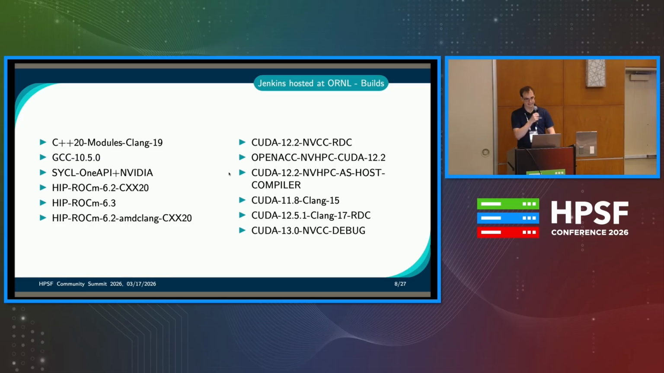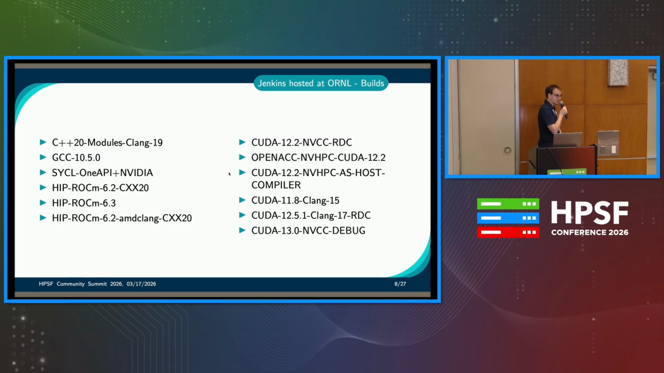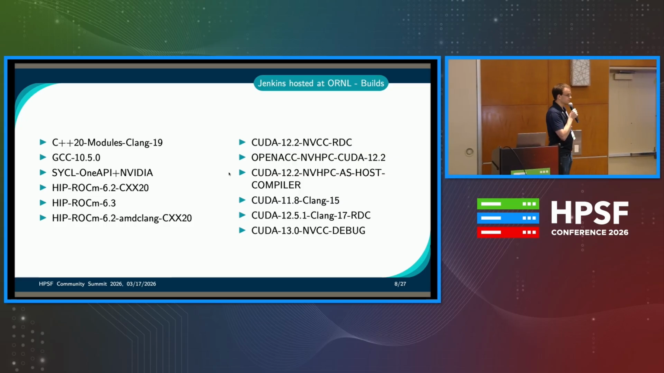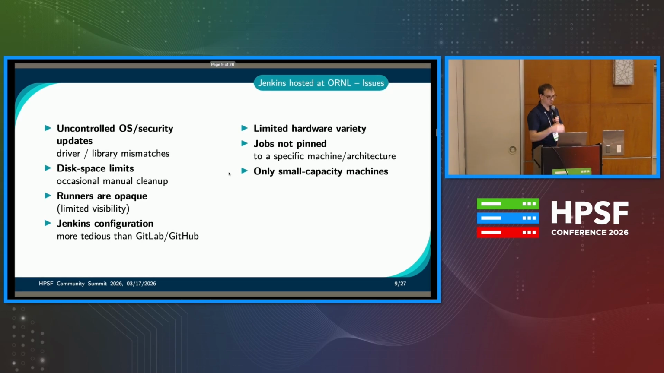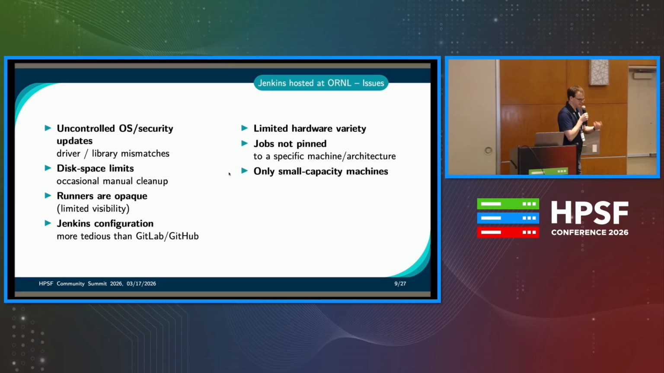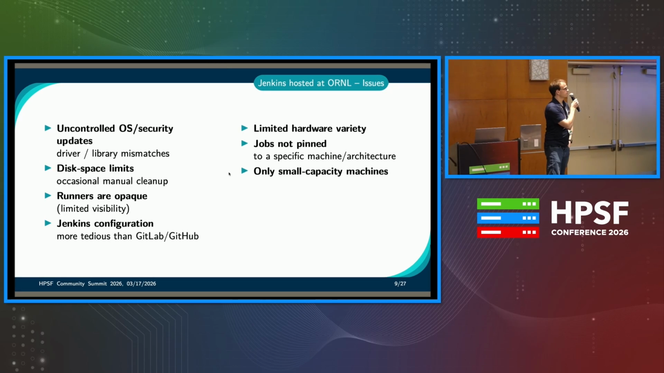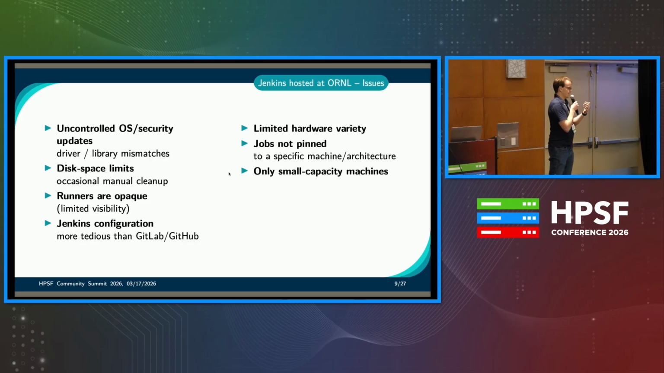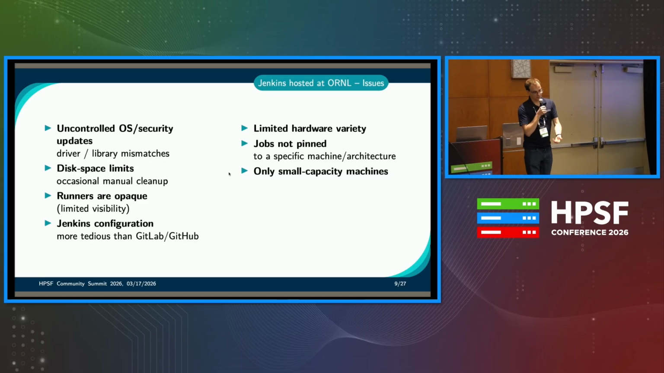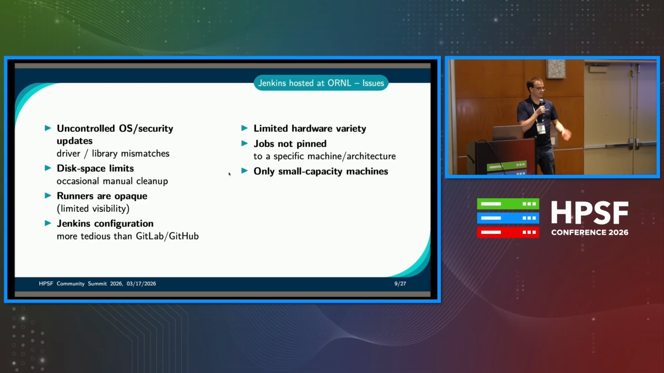Architectures, so OpenACC, CUDA, and then also SYCL on NVIDIA GPUs, and we have some HIP builds. So what we're missing here specifically is Intel GPUs. And issues we're running into here often is updates that are out of our control, like the nodes need